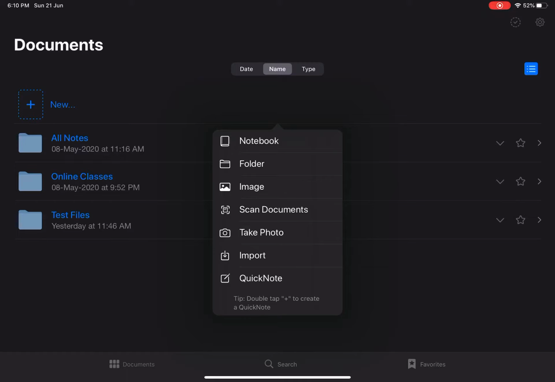Once it is created, you will get this page here. Now by your hand you can zoom in or zoom out, whatever is comfortable for you. In this section, you'll find there are different kinds of pen options. By default you will have the fountain pen. So let's see how the pen looks. So this is the fountain pen option.